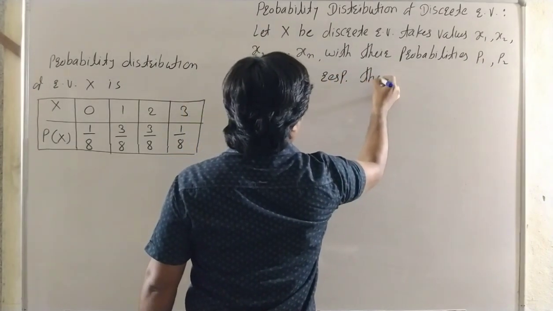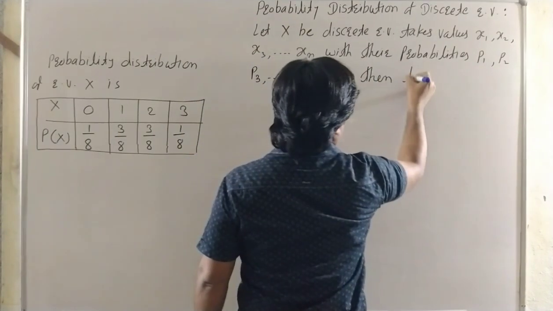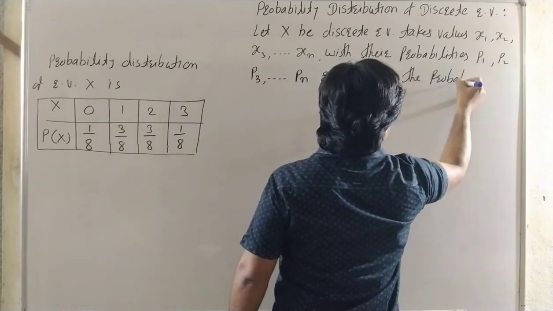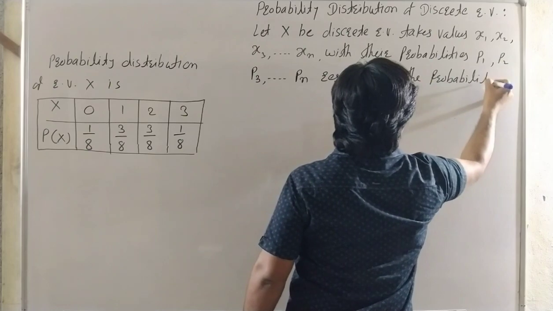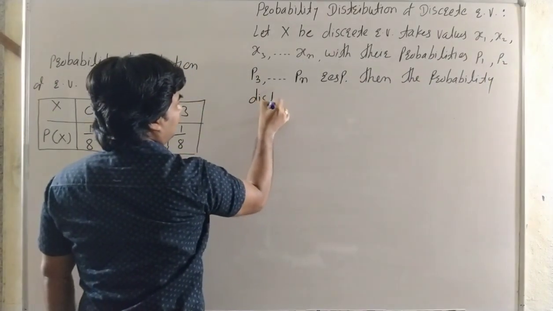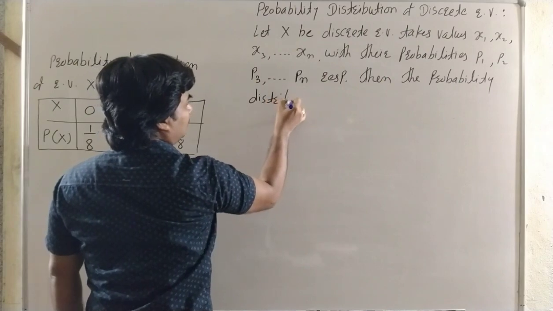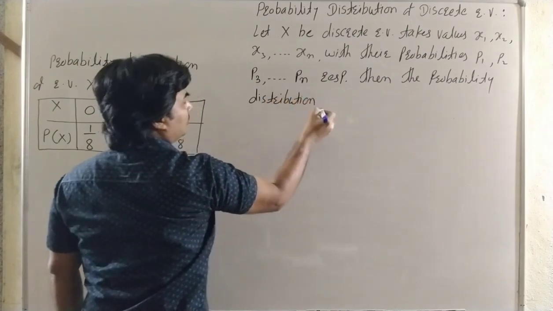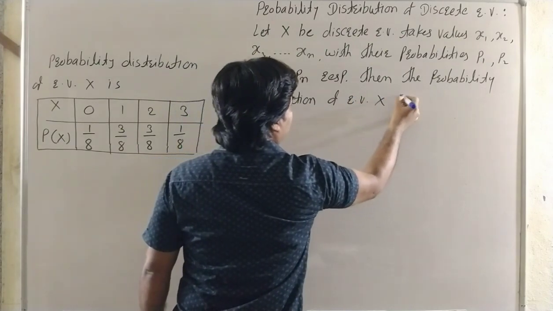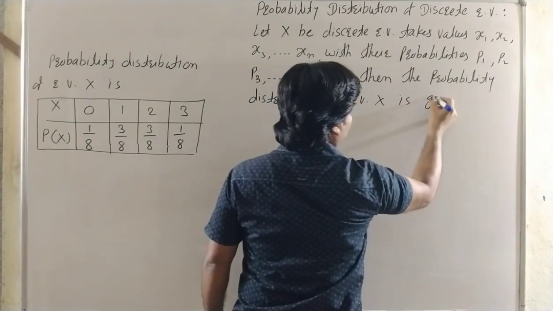Then the probability distribution of random variable x is given by,